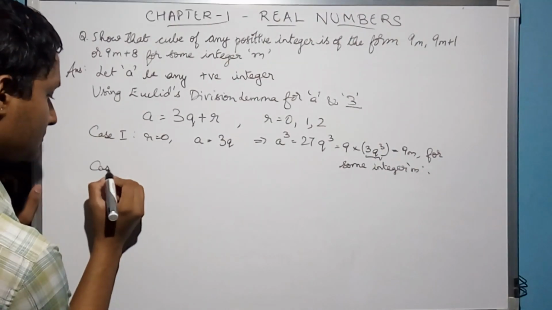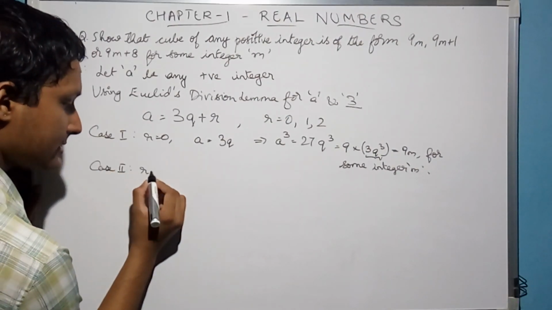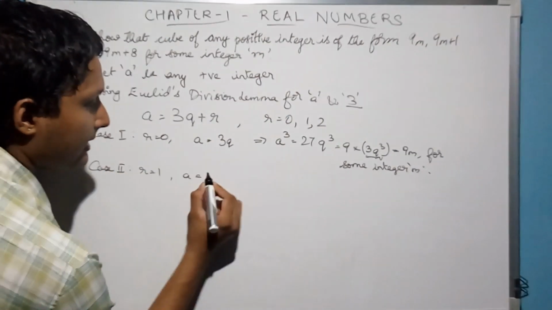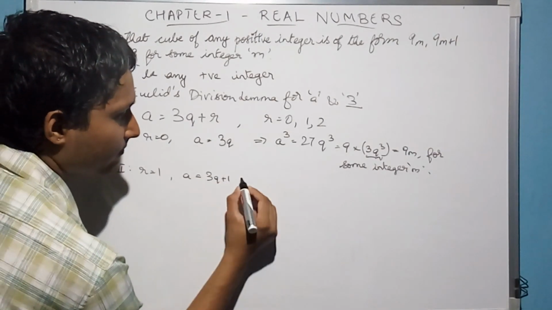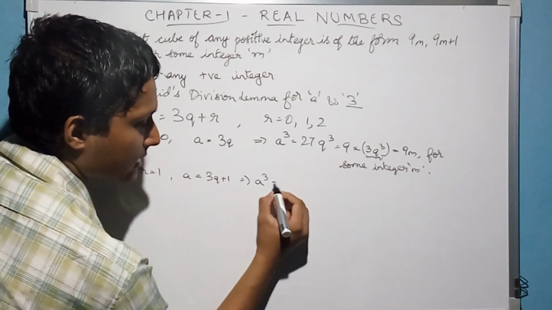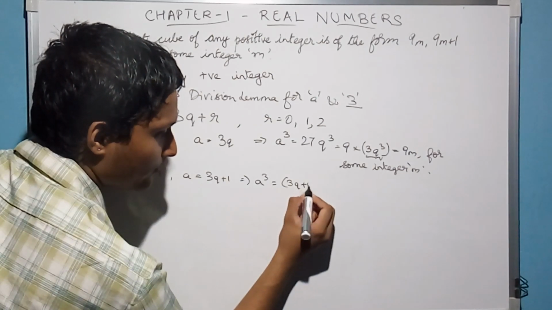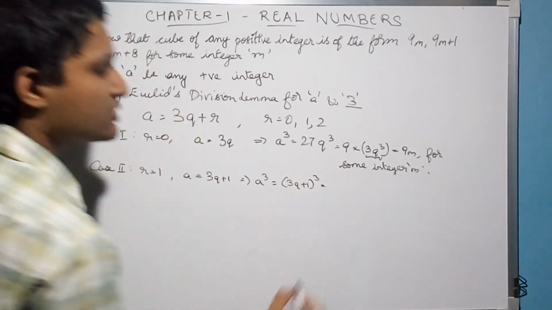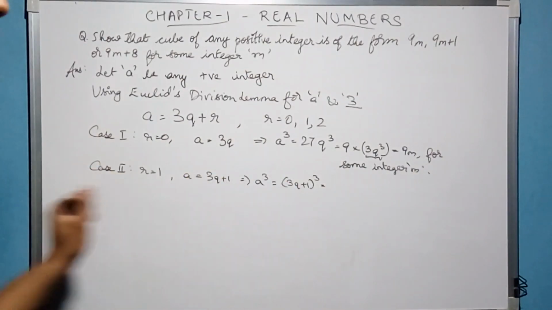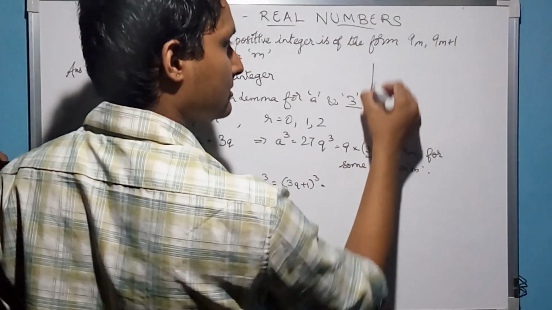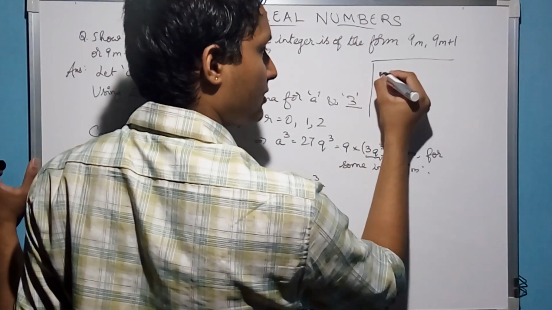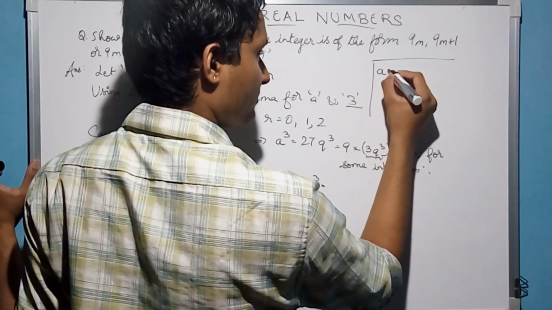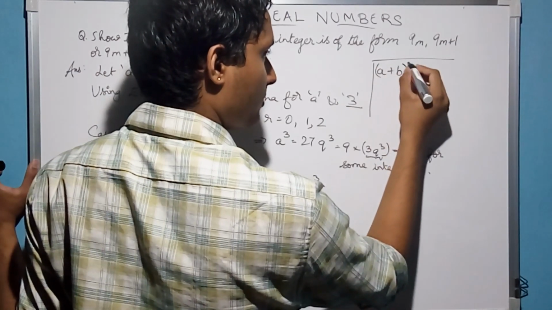Second case, r is equal to 1, then a is equal to 3q plus 1. That means a cube is equal to (3q plus 1) whole cube. So you need to use the (a plus b) whole cube formula. Let me write that here. This is just for your knowledge. The (a plus b) whole cube formula